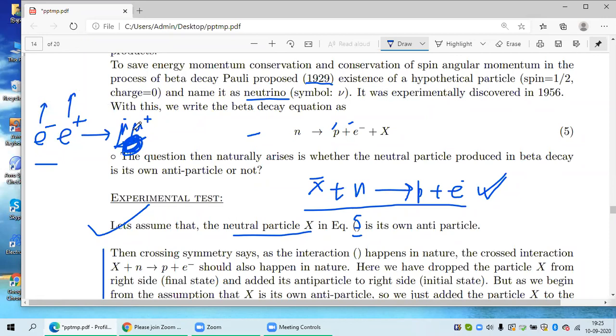Okay, but this is not possible when there is a single particle of small mass in the initial state, because for a single particle, you can always go to the rest frame and its total energy will always be only its rest mass. Then you can't conserve energy and momentum in the rest frame. Okay.